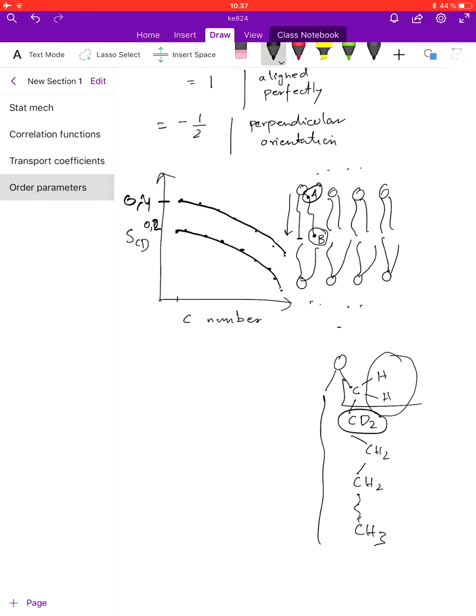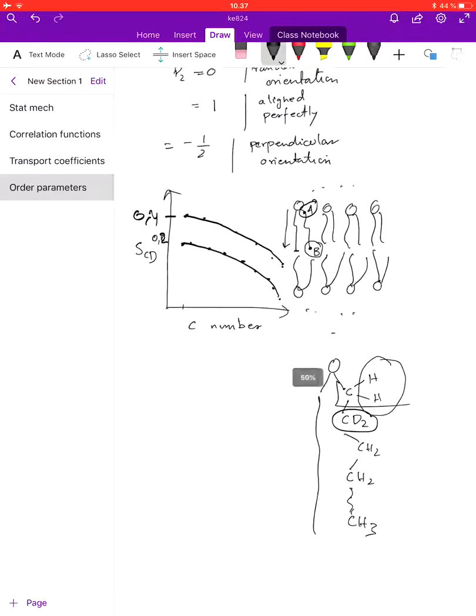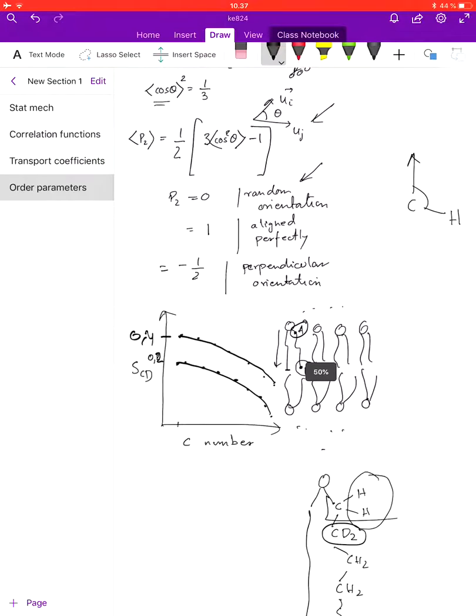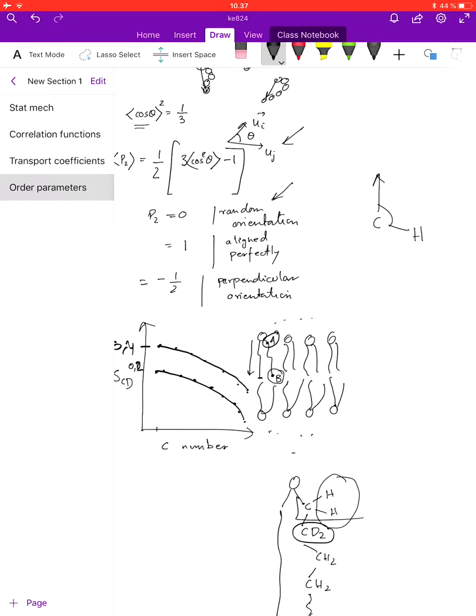So you need to do several experiments to generate such a plot from NMR spectra, and this can be quantitatively compared to the order parameters that you measure from your simulations, because you know the orientation of each CH bond, and then you measure its angle with respect to the bilayer normal, and then you measure this particular value. So order parameters in the context of this course are essentially used to characterize the effects of drugs and proteins on the properties of the lipid membrane, as well as of the properties of a lipid membrane itself, whether it is in the fluid phase or what is called the